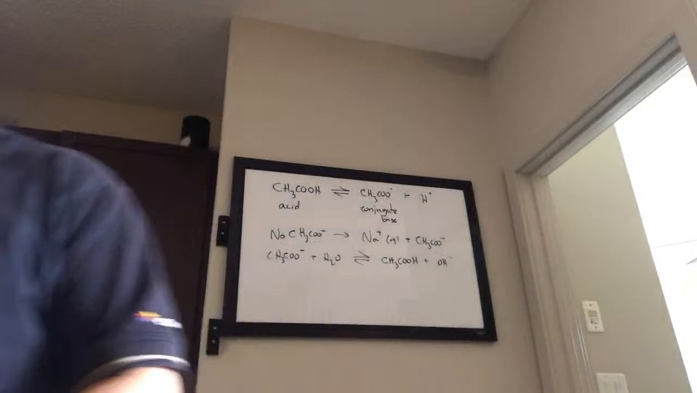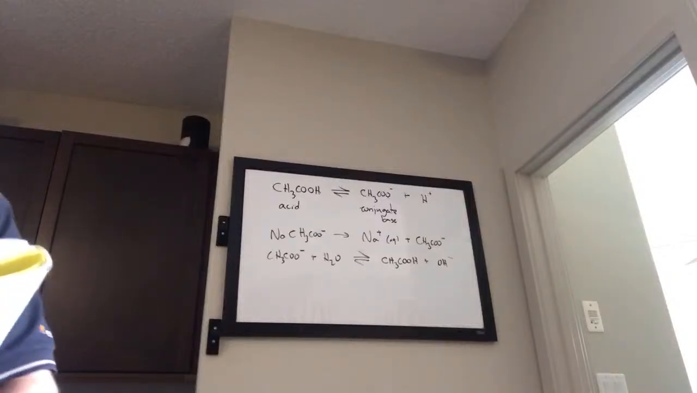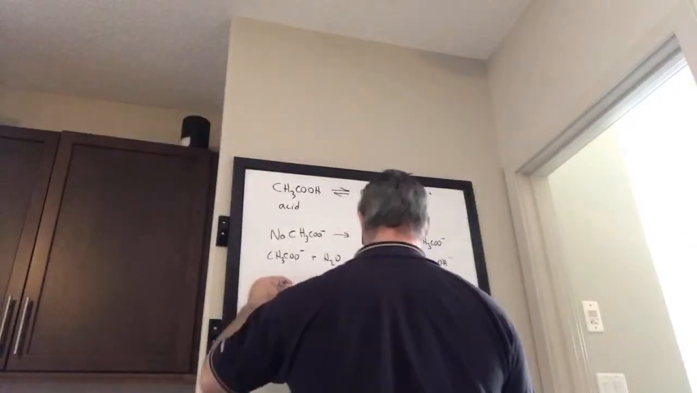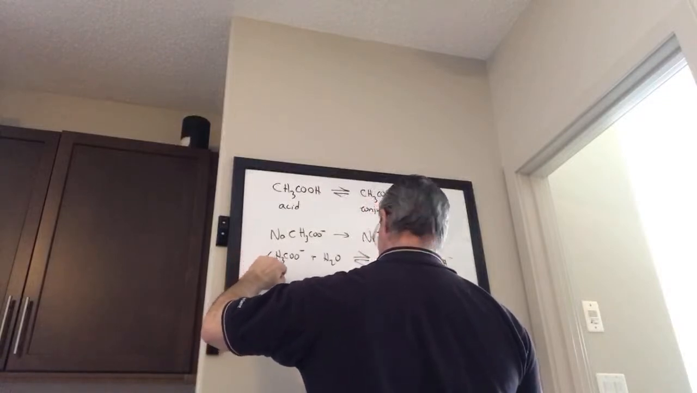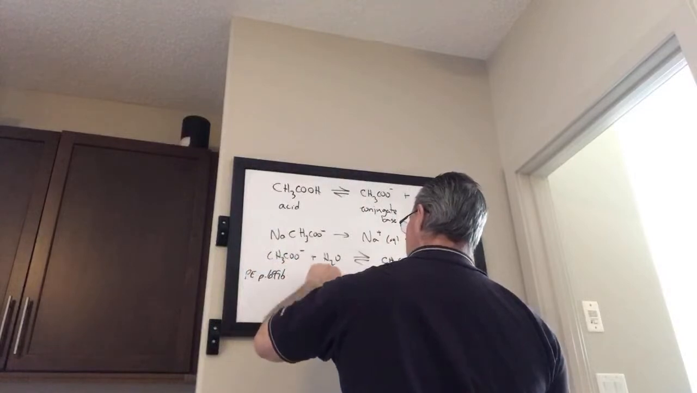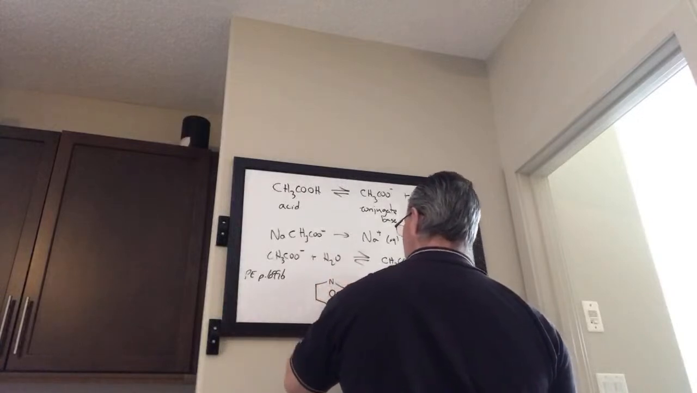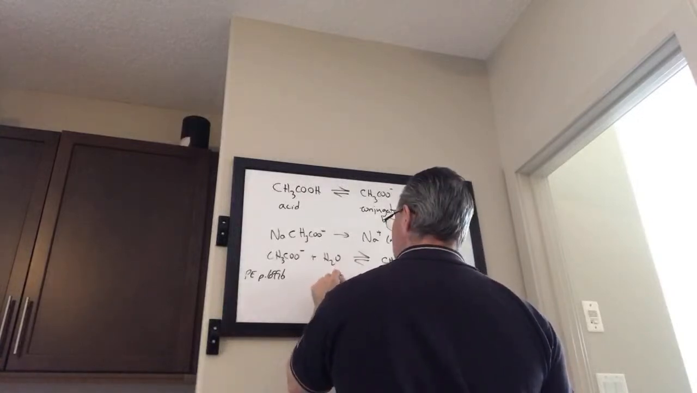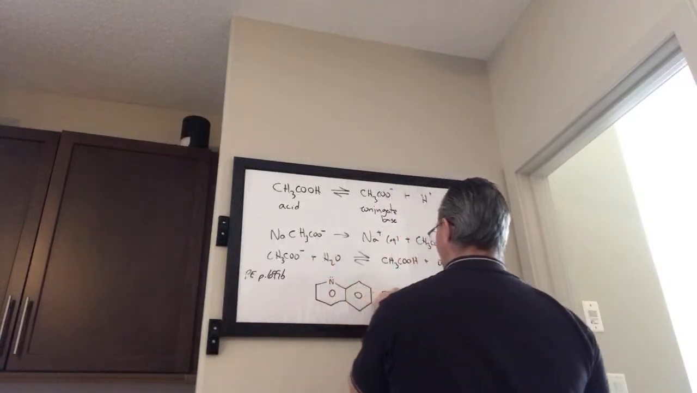Let me read it first. It says, the base quinoline has the following structure. Its conjugate acid is listed in the handbooks as having a pKa of 4.9. What is the base dissociation constant for quinoline? So here's quinoline. And this nitrogen atom has a lone pair, so it can actually pull a proton off water, and when you do that,